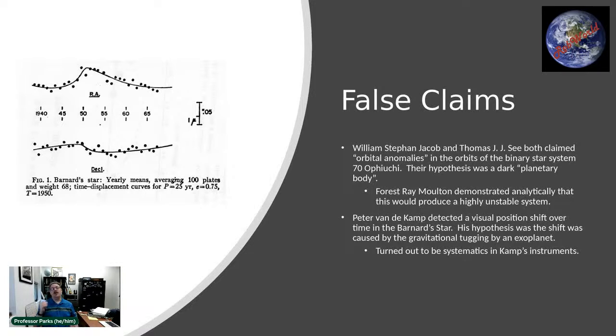Replication. An independent group of scientists must be able to replicate what you saw, or must be able to replicate what your experiment has shown. And they must do this using an independent set of equipment. So when the astronomers around the world looked at Barnard's star and did not see this phenomenon, they basically said, Peter, sorry, but I don't know what you're seeing, but it ain't there.